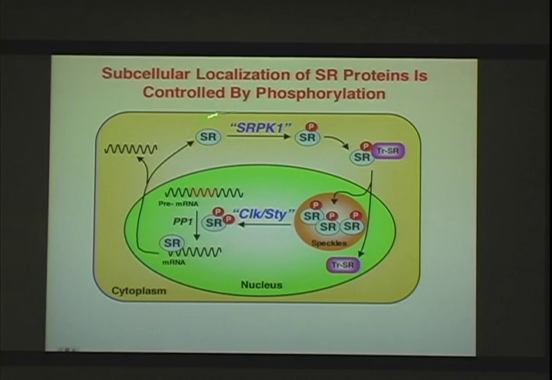It phosphorylates these SR proteins that have these RS domains, and that's sufficient to link it up with a transportin that gets it into the nucleus, and they can stay in speckles until they're acted upon by a secondary kinase, of which Clk is the prototype, that does some further phosphorylation, gets it out of these speckles where they can link up with the spliceosome